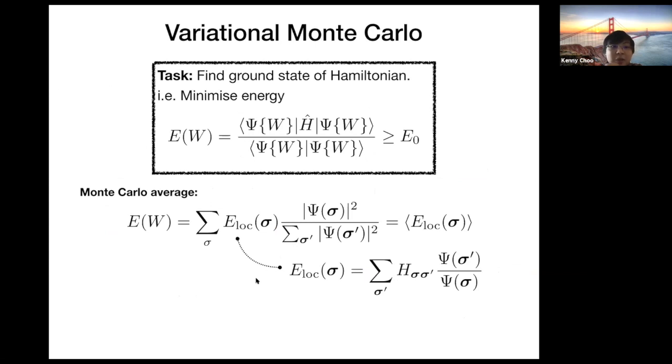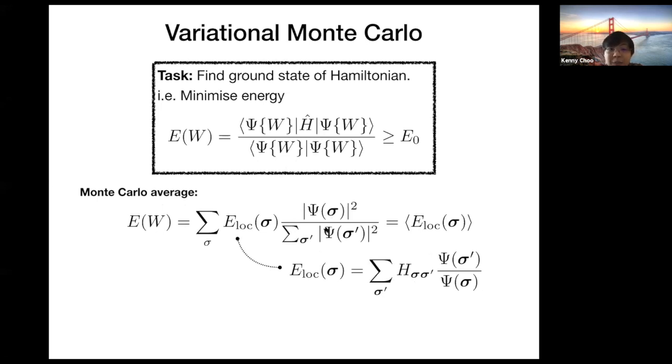Okay, since Sandro already mentioned the variational Monte Carlo optimization procedure, I will be quite fast on this part. Basically, the problem that we are trying to solve is, given some variational wave function that depends on, let's say, the parameters W, we want to find the parameters W that minimize the energy expectation value. You can estimate the energy expectation value using Monte Carlo averaging. The energy can be written in this form, where you have some local energy which can be very efficiently evaluated if the Hamiltonian is sparse, and then this term here is just a probability distribution.